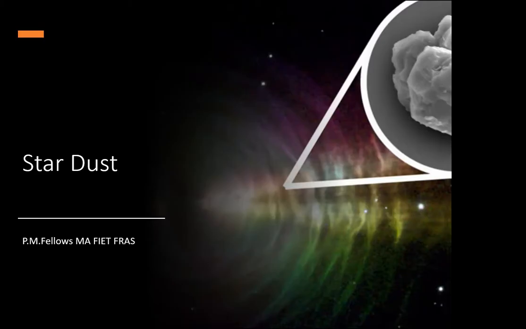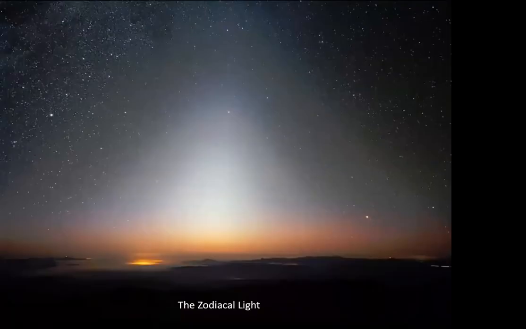And the first one that we're going to look at is the zodiacal light. If you have a really clear sky, then you can sometimes see down towards the sunset, building up at an angle away, the pillar of light coming up from the direction of the sun up into the sky. And it will come up at an angle depending upon where the plane of the ecliptic, the plane in which the planets orbit the sun, is aligned.